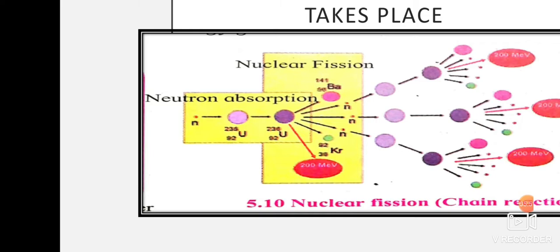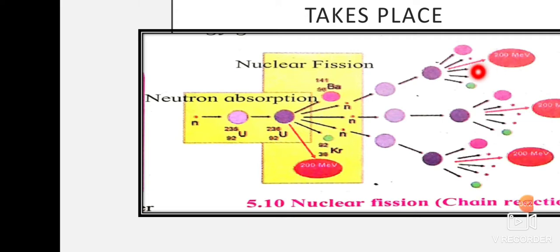Now if this reaction is made to occur continuously, it becomes a chain reaction which releases a tremendous amount of energy, which is harmful. If this reaction is not controlled, it will continuously take place and a large amount of energy can be given out within a fraction of time, and it can be very harmful or even fatal. So it is very important that these nuclear reactions are controlled.